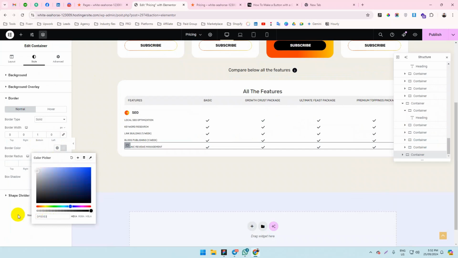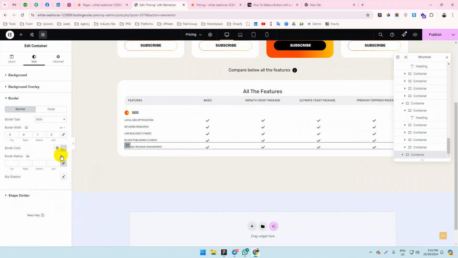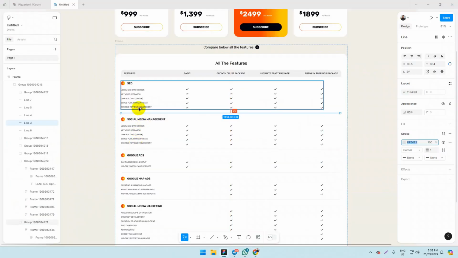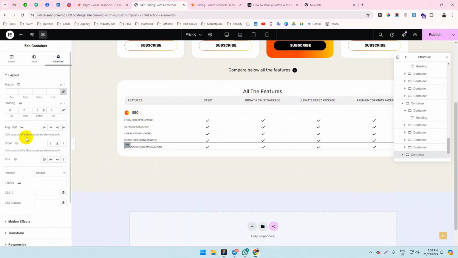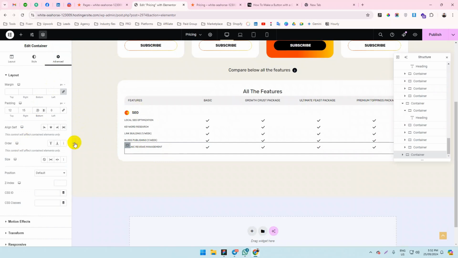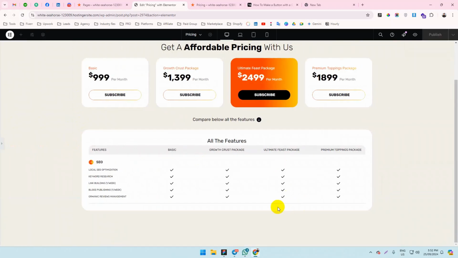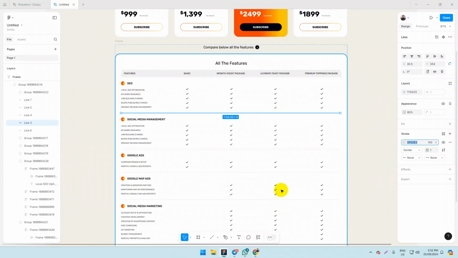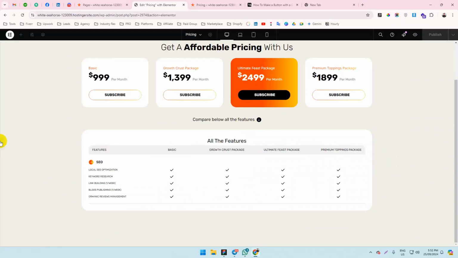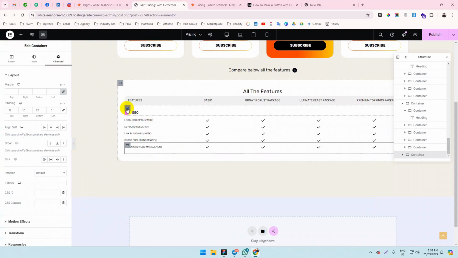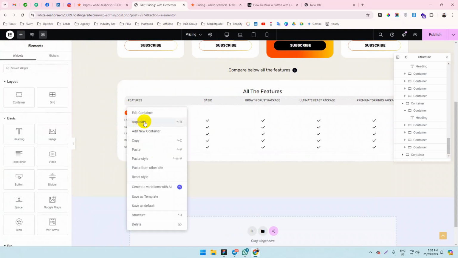If this is the easy way for you, we can also give the 20 pixel padding bottom. See, it's working fine. So I hope we can keep it like this, and then we can again duplicate this